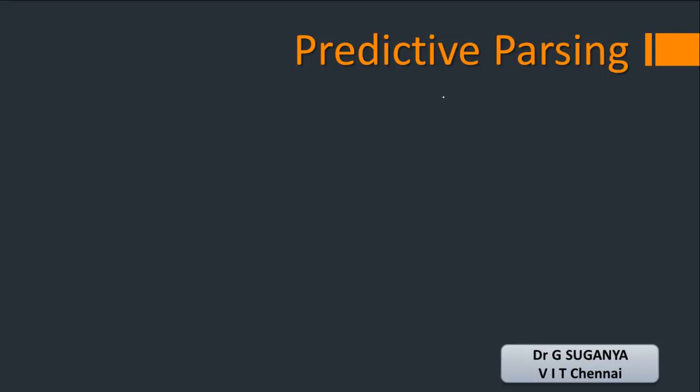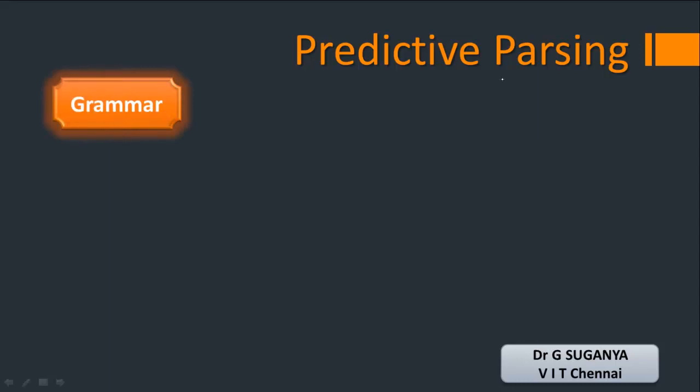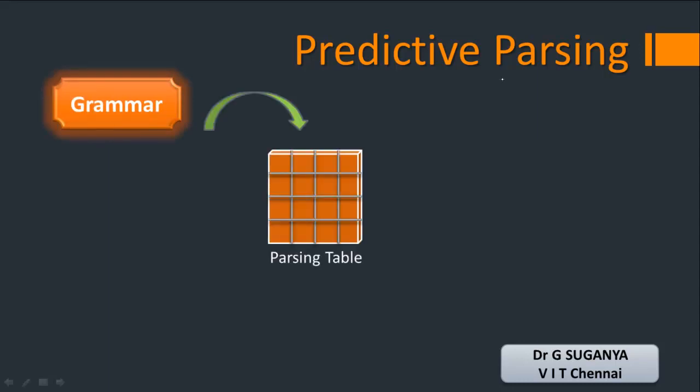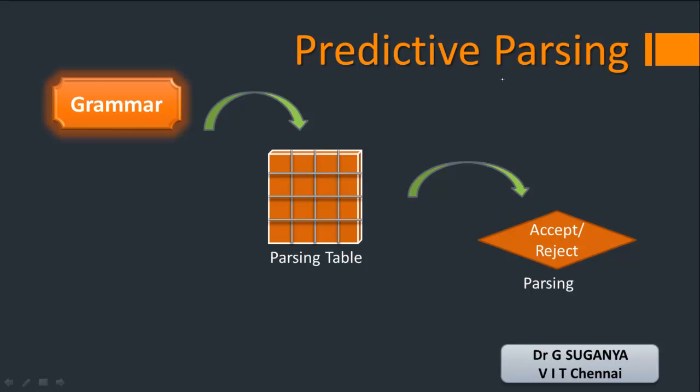So this session will be trying to understand top-down parsing, which is predictive parsing. Given the grammar that represents the syntactic structure of each and every statement of the programming language, we'll be trying to construct a parsing table which will generalize all the productions given in the grammar. With that parsing table, we'll check whether the statements written by the developers should be accepted or rejected with warnings or syntactic errors to the user, using the parsing method.